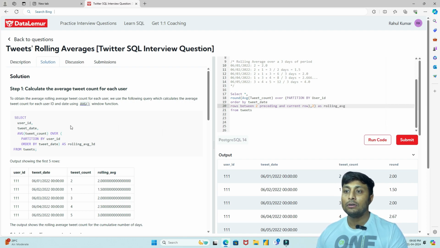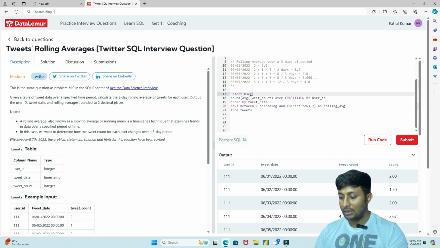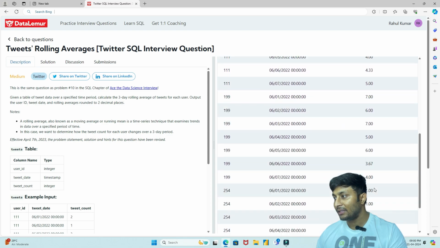So we will put the name rolling_average, and here we only have to select the user id, tweet date and the rolling average. Okay, so I am selecting here user id, tweet date, comma, this rolling average. Okay, if I run this code, you could see that I am getting everything related to